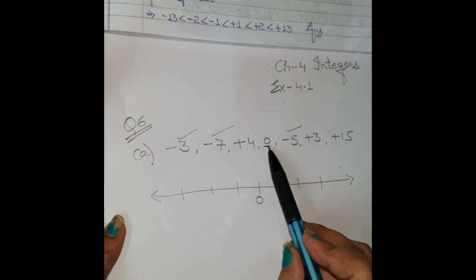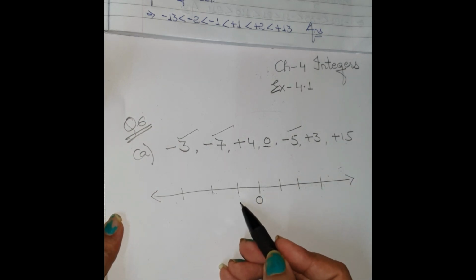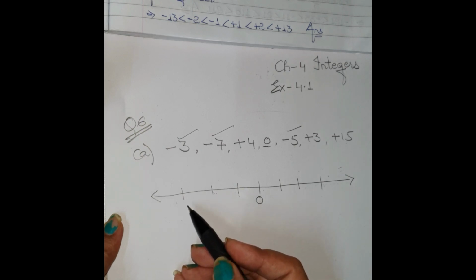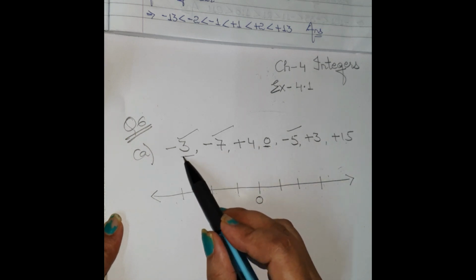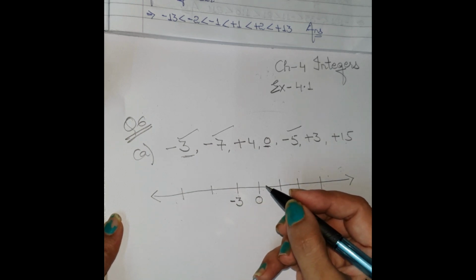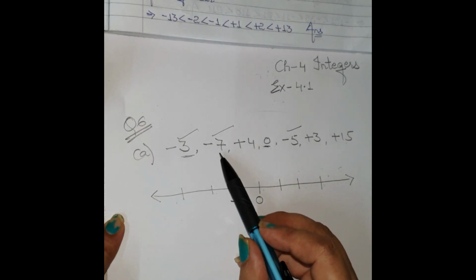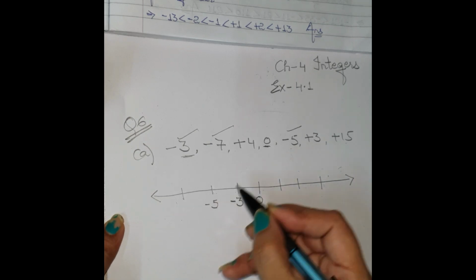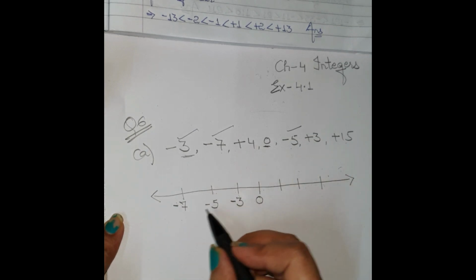Fine. So see, 0 is here. First of all, I have put 0. Now, when we draw the number line from here, what comes first? -1, -2, -3, -4, like this it follows, no? So we have to see that -1 is there, no. -2 is there, no. -3 is there. So we will write first of all -3. Whatever numbers are there, we will mention only that number. We will not draw the complete number line. Now, after -3, it is given -5. So you will plot -5. And then after -5 it is given -7, so you will plot here -7. So negative side is over.